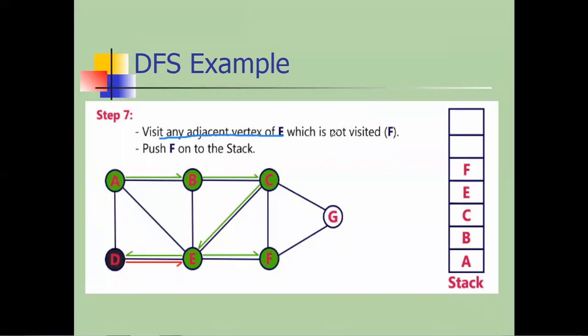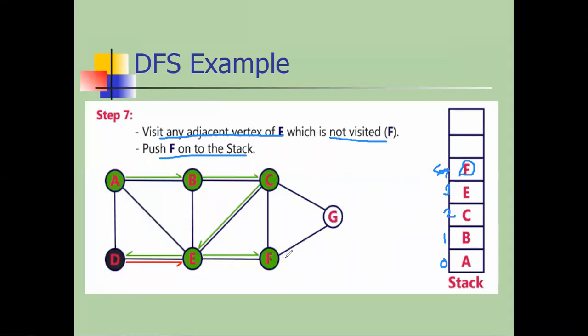So we have to visit it first. It's not visited but we have to visit it. Visited does not mean just filling it with green color. We have to push that element into the stack. That's why, where will the stack pointer go? It should point here and we are pushing F into the stack. So what is the position now? Again this is 0, 1, 2, then 3 and 4. So the fourth position will be our stack top. We are inserting the element into the stack.